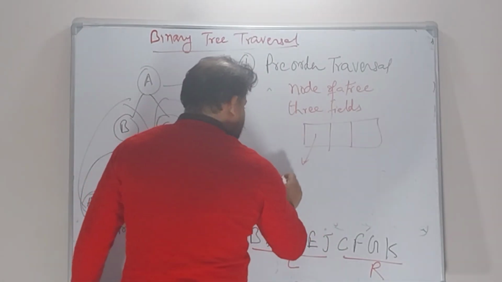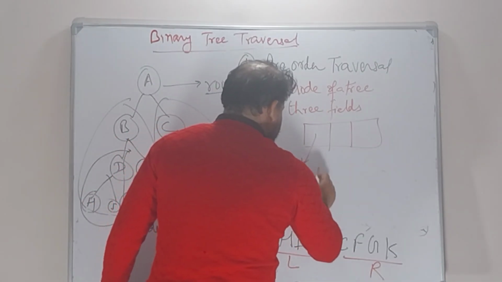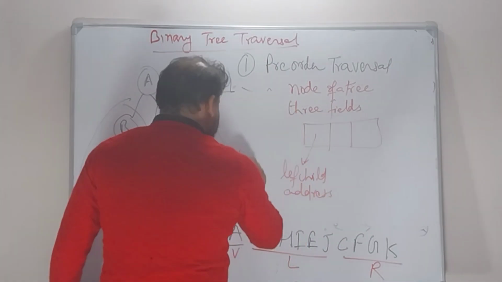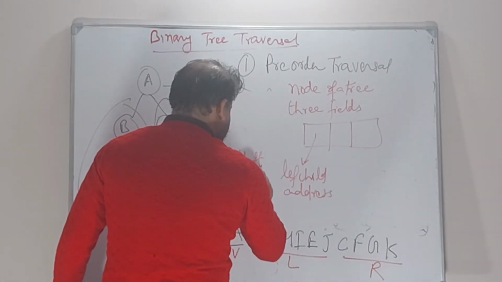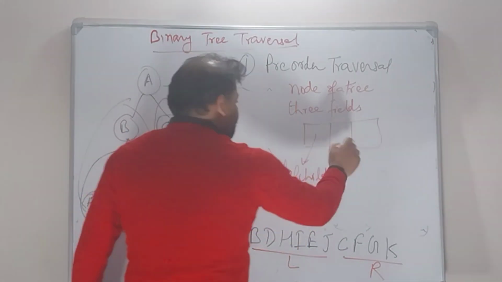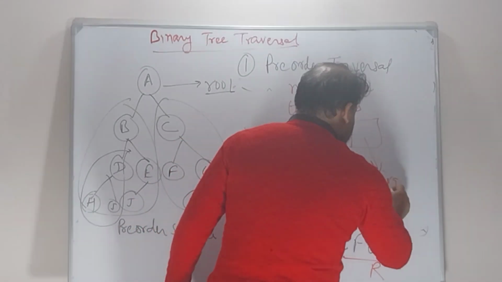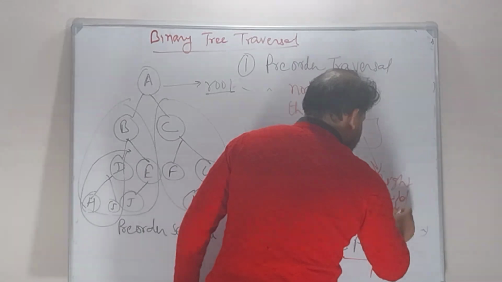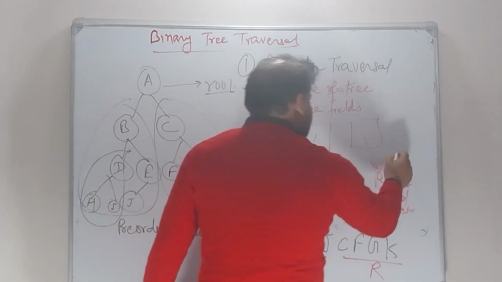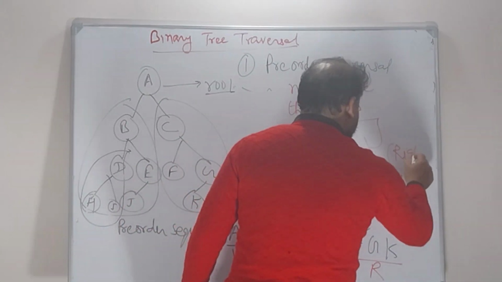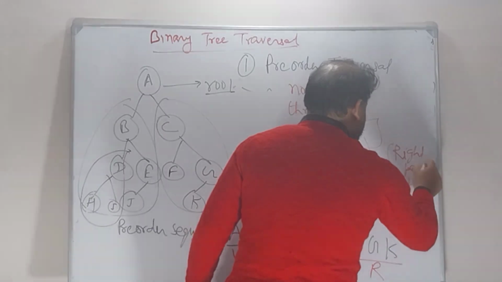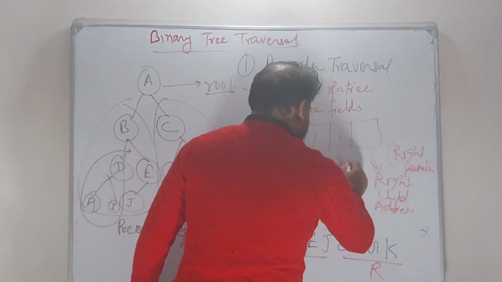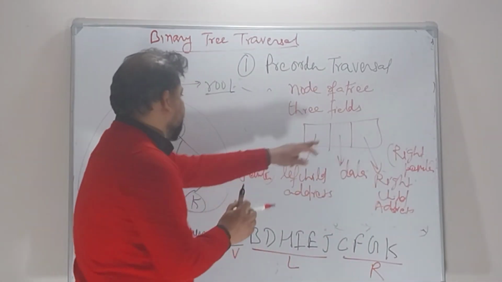So that is the left child address, and that is the left pointer. And that is the right child address that it will hold, so that is the right pointer. And then this part is the data part, and this will be for each and every